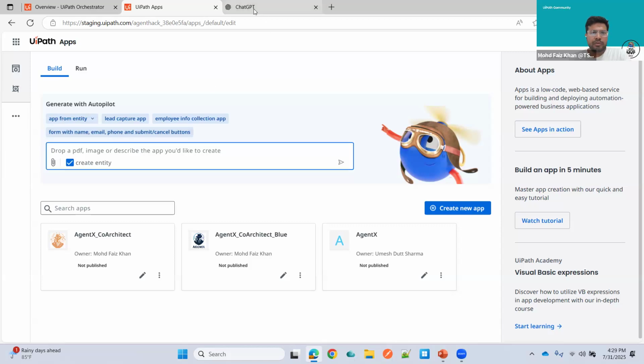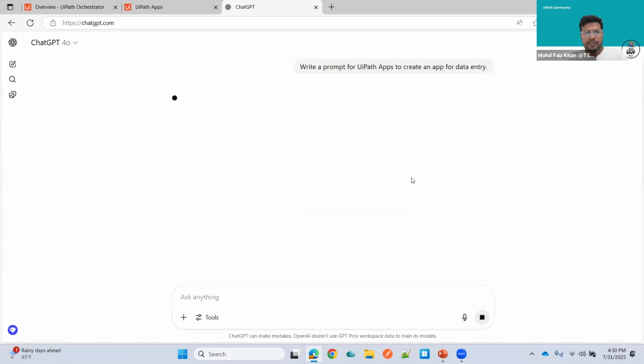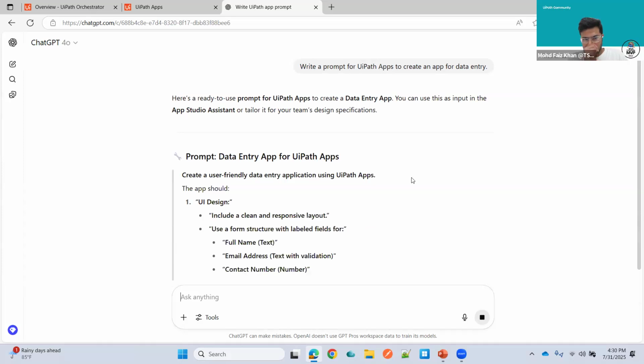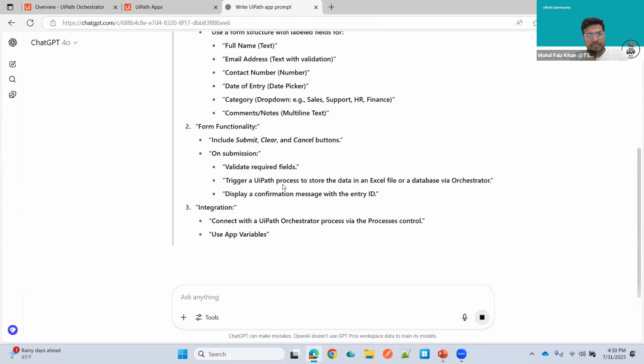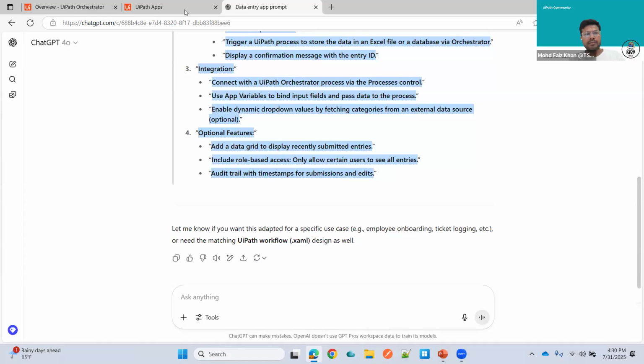I'm not sure how we can pass the prompts, so I can leverage ChatGPT. Let me copy this and pass it to UiPath.